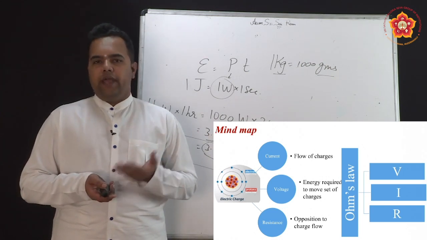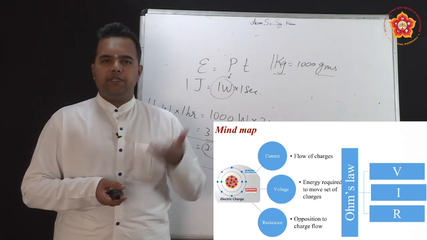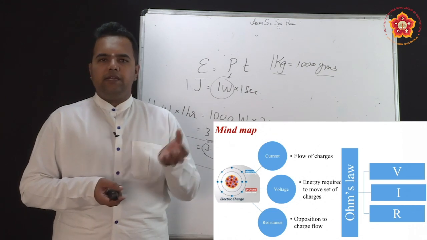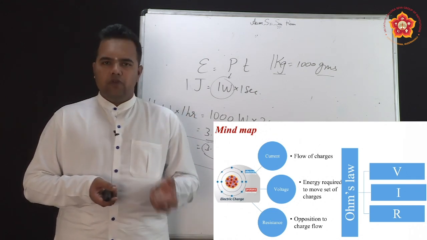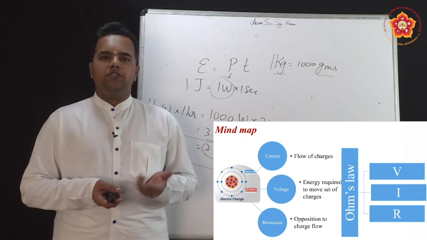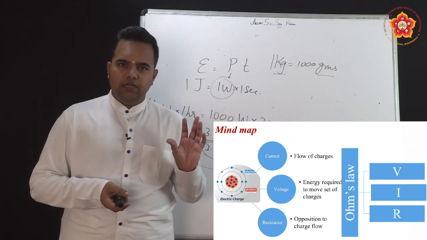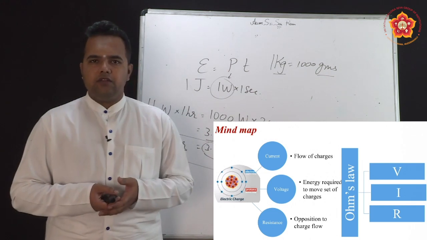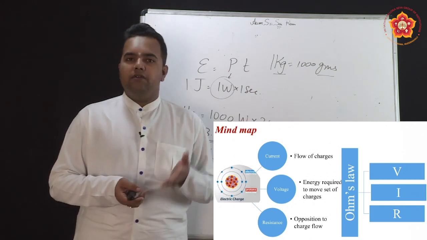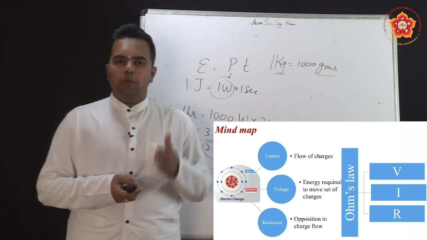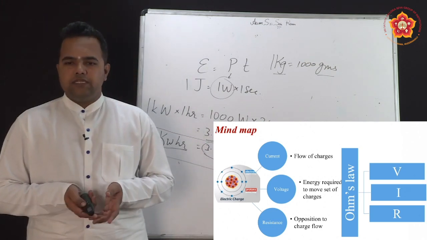Ohm's law is the mathematical expression V is equal to I into R. It relates the voltage, current and resistance. So mainly for the current to flow, there are two factors: voltage, which enhances the movement of the electrons, and resistance, which is the property that tries to oppose the movement of electrons. So this is where we have arrived.